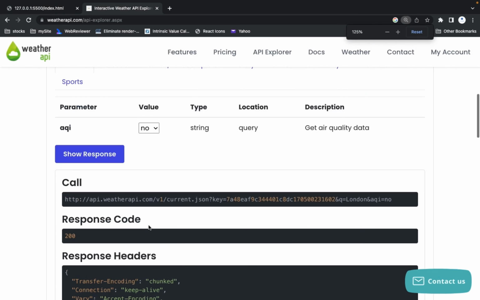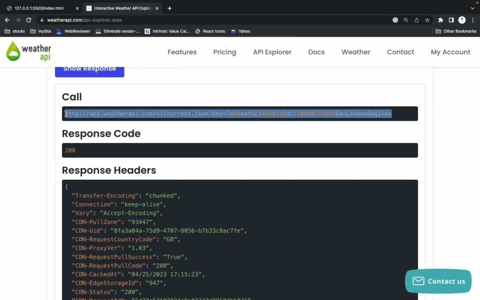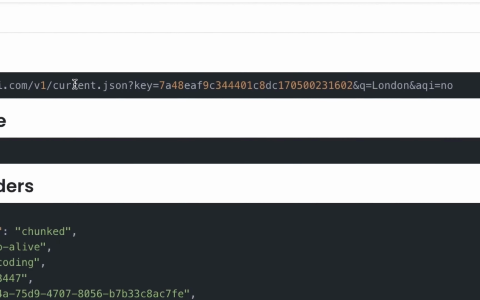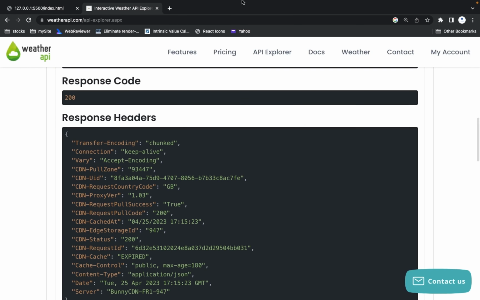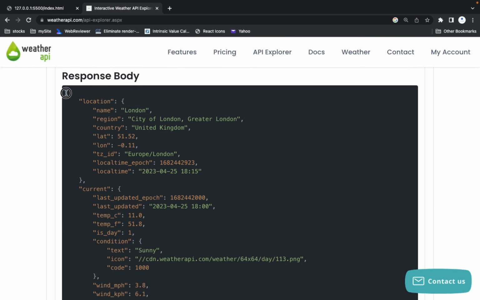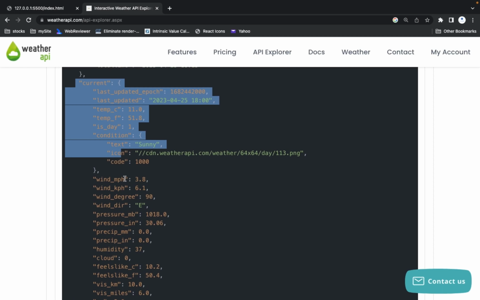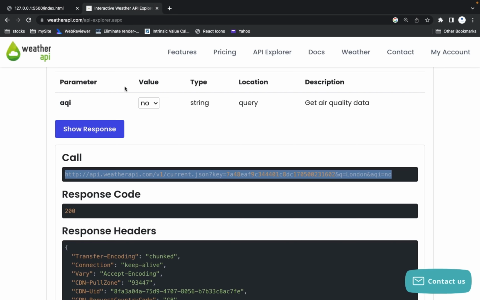So here you can see it is calling this API, http api.weatherapi.com/v1/current, and here in the URL you see a key is passing, key equals 7a48. This value is the same value which we have copied. So this is your unique key. It will be different for me and for you; if you create an account, you will get a different API key. So this is like a password, and then in the URL there is q equals London being passed, so that is the city. Here in the response also you can see it is showing the temperature for the city London. So this is the API we have to copy.